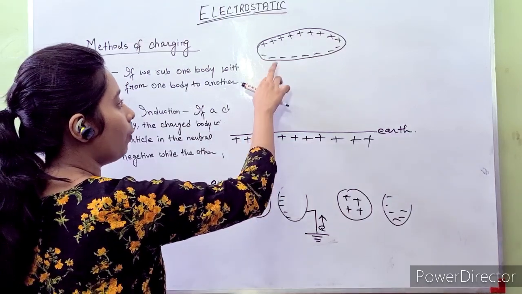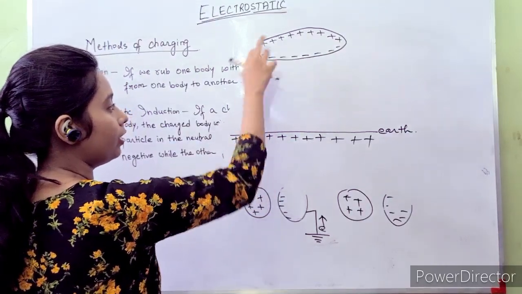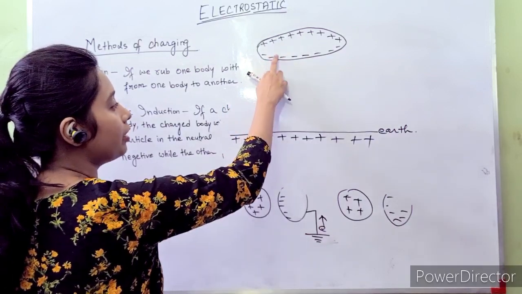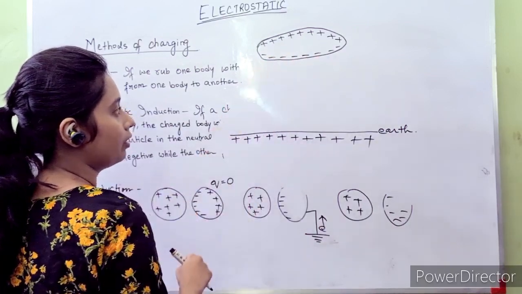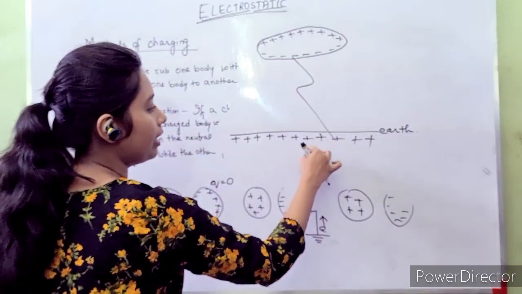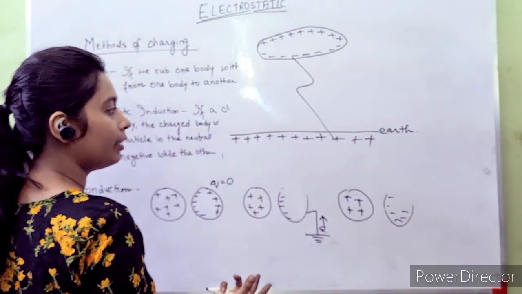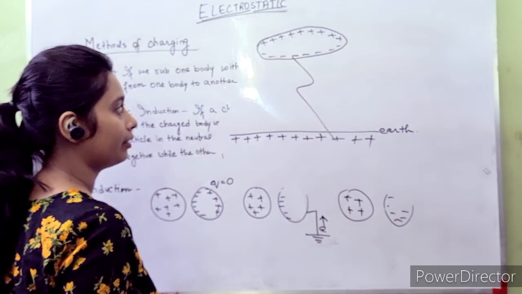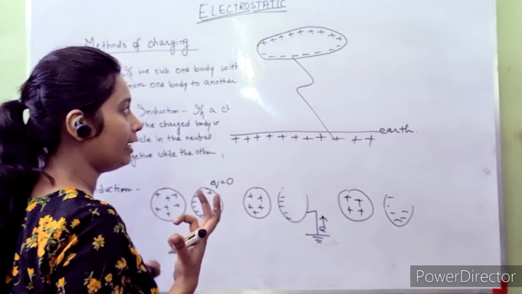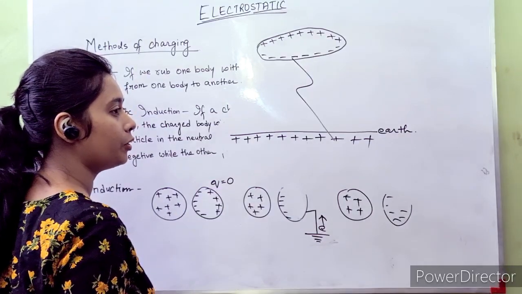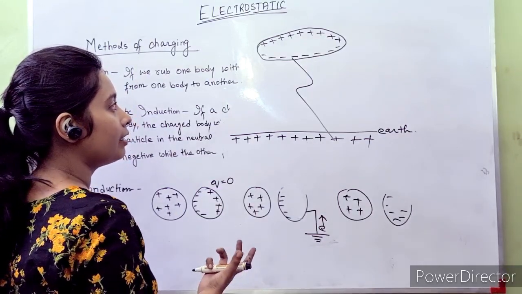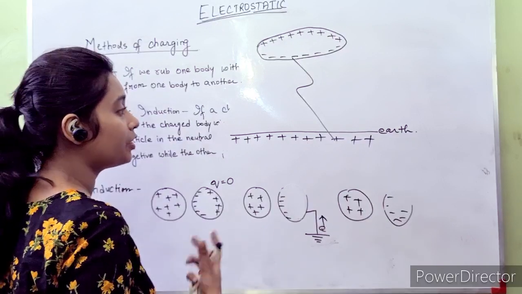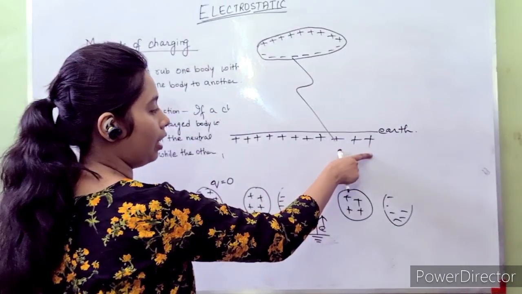Now, when there is an excess of electrons on the cloud, it tries to discharge the excess of electrons. The only place to discharge is to the earth, because earth is a big sink. Any object which has an excess of charge discharges its charge to the ground.